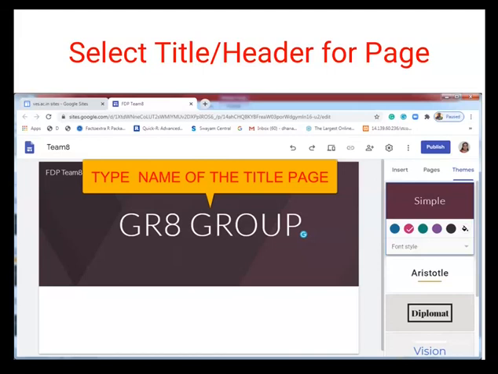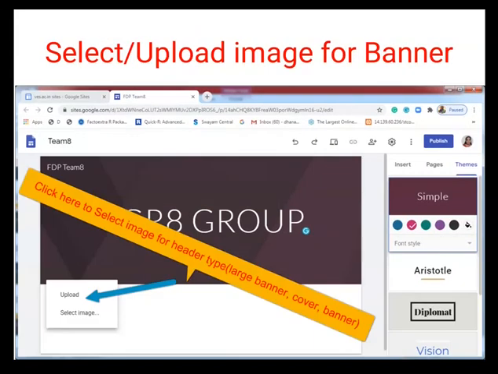For our professional or personal purpose, if you want to use some images or banners as a website cover page or banner, then we can upload images as per our requirements. Again, there are two options: upload and select image.